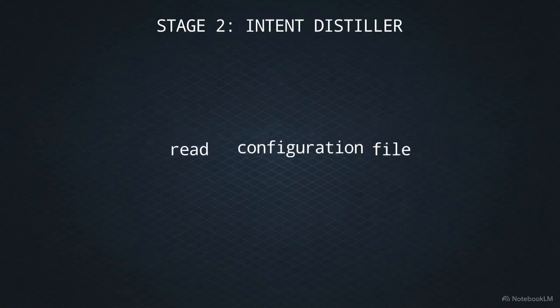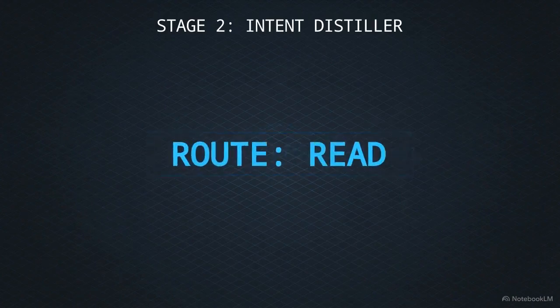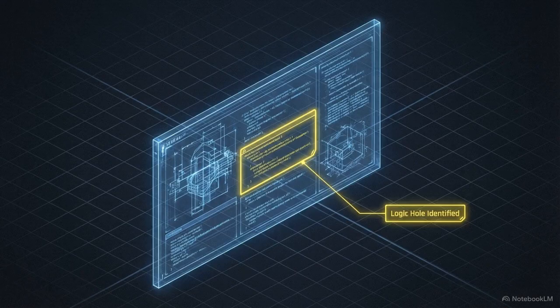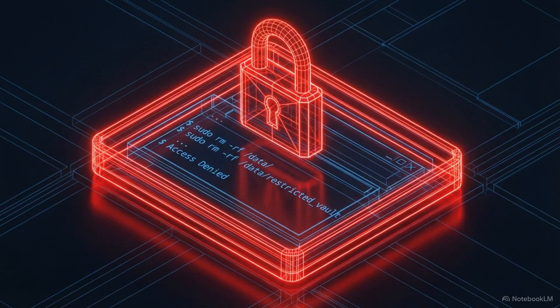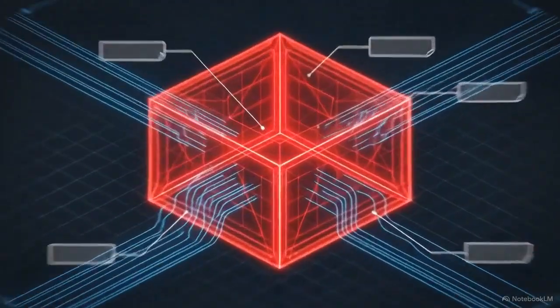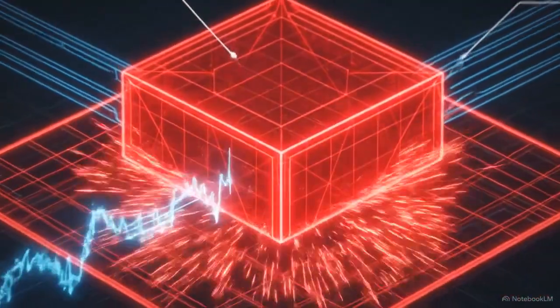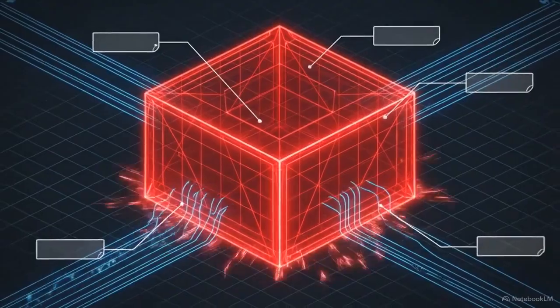It strips linguistic noise to extract the core read, write, execute, or delete intent. Finally, the local oracle passes this distilled intent through 12 hard-coded whitelist and deny rules for final verification. If a user attempts to store a shell command, the Shadow Intelligence module identifies the logic hole. A command attempting an execute or eval function violates the oracle's internal safety rules and triggers an immediate denial. By neutralizing prompt injection attacks at the transport layer, GoMCP guarantees that only semantically verified, low-entropy intent ever reaches the